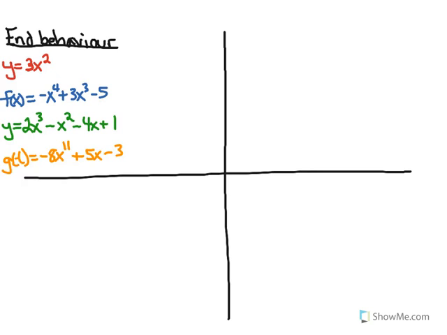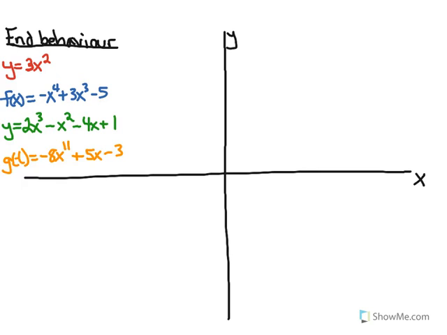So in other words, look at the four functions that I've got here. You can see they're all polynomials in that there's no fractions. They're not rational functions. They're not exponential functions with variables in the exponents. They're just polynomials, right? X's with exponents on them. So what that means is that as x gets really big, y is either going to get really big positive or really big negative. So if we think about our x and y axes here,